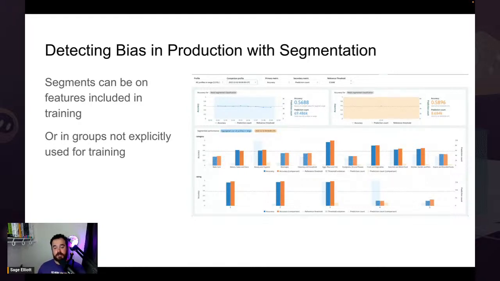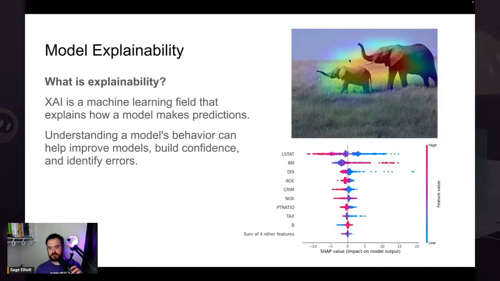And what you can do in production is monitor segments of your data. So in that case, you could segment it up by gender and then see what the approval rate was for each of those over time, and catch if there's some sort of big discrepancy between those. And again, we'll see this live in a second with some data.